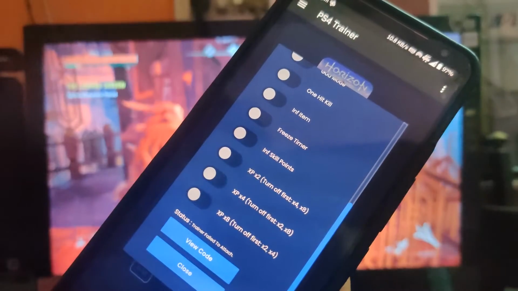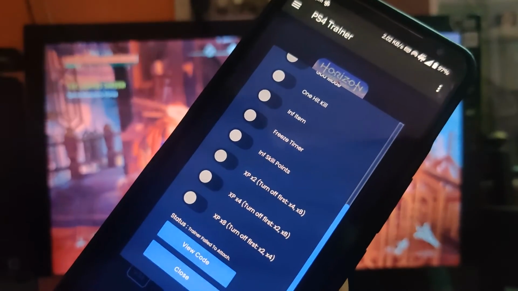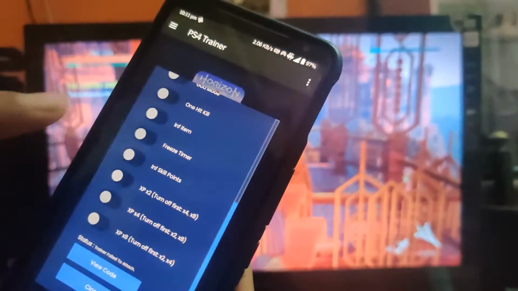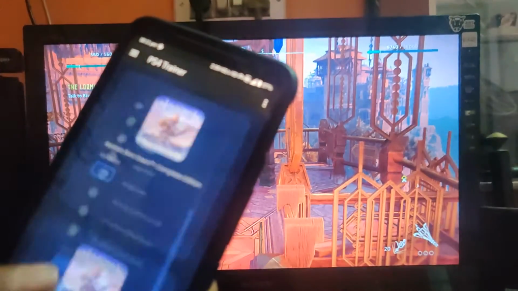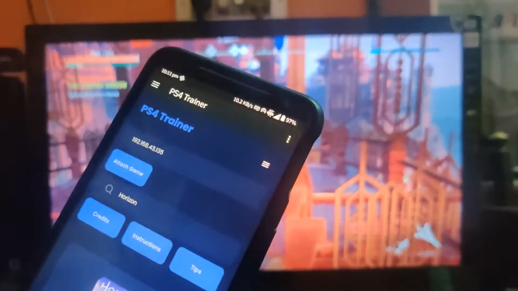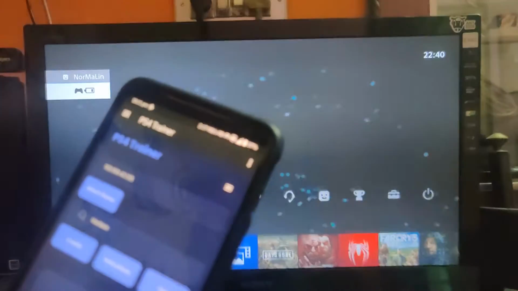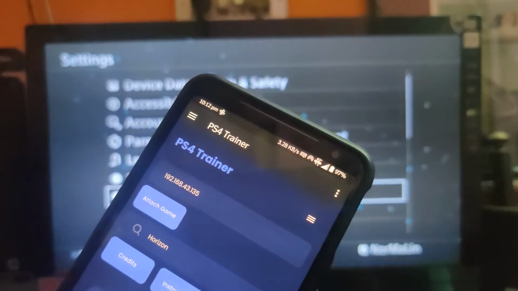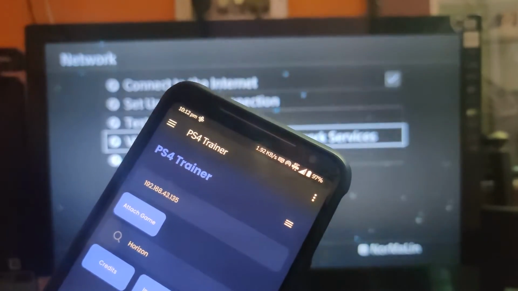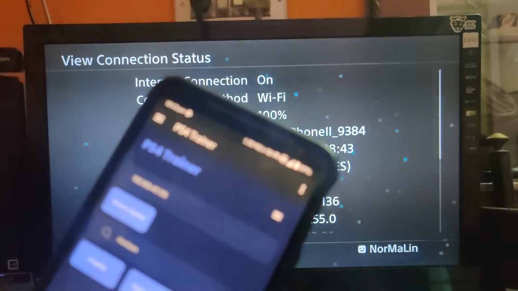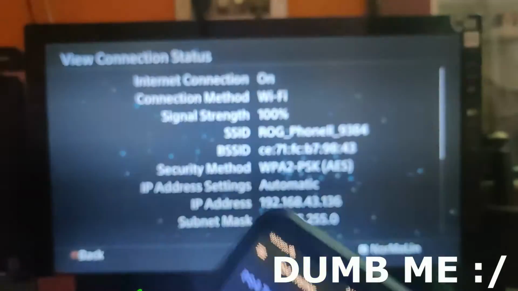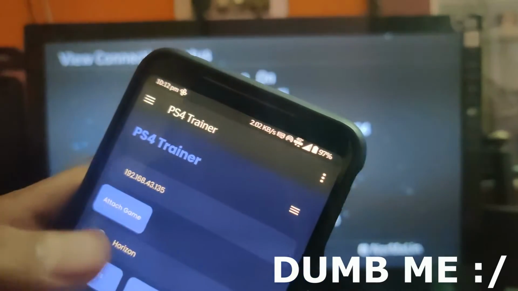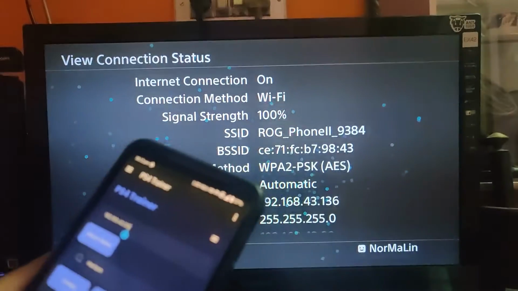Now if you see here the status, you can see mine shows trainer failed to attach. Let me go back. I think I made some mistake. Make sure the IP address is correct. It's actually 136 and I have entered 135.